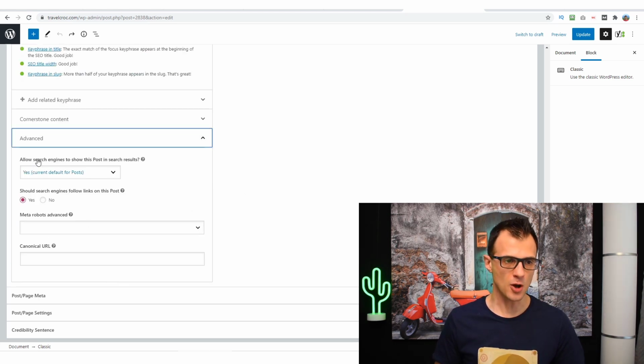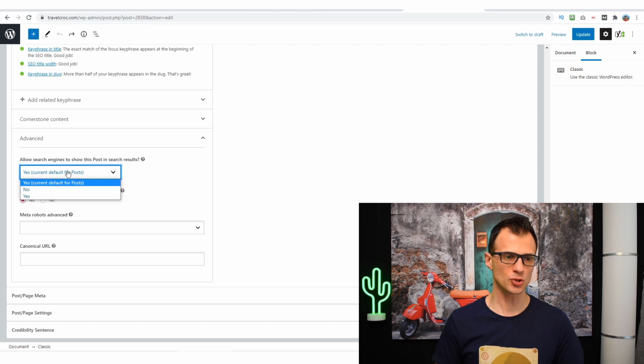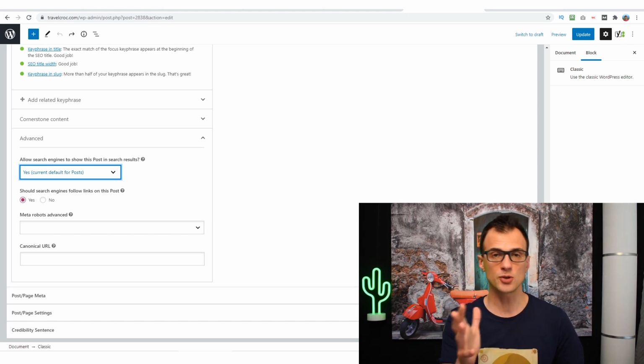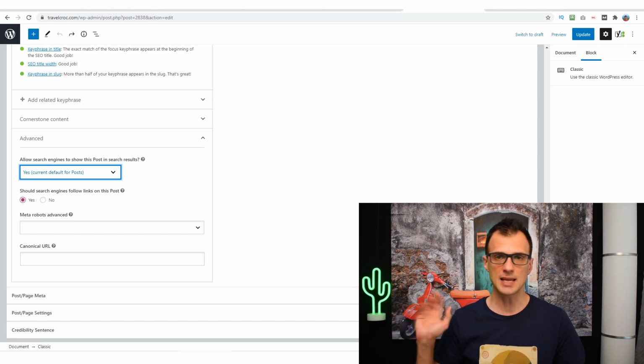Under the advanced setting over here, you've got a few more options which you shouldn't really ever have to touch. So you can, on a post by post basis, choose whether to show this post in search results, and usually you should have it as yes if you're trying to get traffic to it. Then it says, should search engines follow links in this post? Generally this should be a yes, because you will want any links that you insert in the post, you will want Google search engines to go to those links and index other pages and other articles on your website, so leave that as yes. Meta robots advanced and canonical URL are slightly more advanced topics that I don't want to go into in this video,